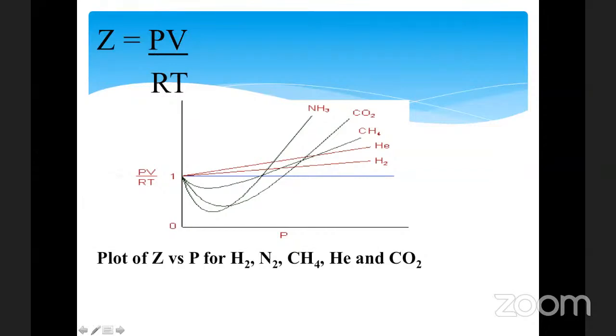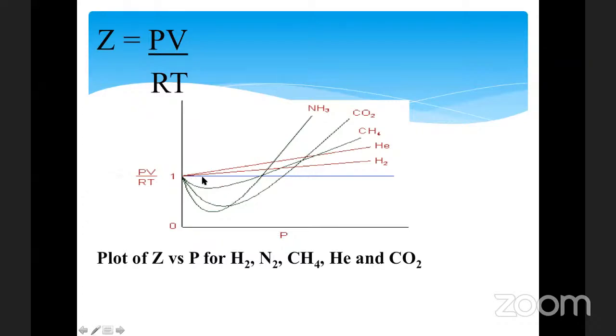Okay, sorry for that break. So as I was saying, if we look at the compression factor, Z is equal to PV over RT. Now PV over R is a constant. And then if we plot PV over RT for individual gases against pressure, we'll see